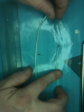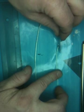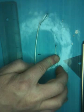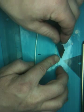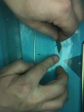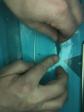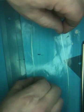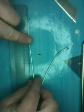I used a razor blade and I cut it on a very sharp angle because you're looking for a really nice taper here. So I'm going to make sure that my taper is really good by flattening it out a bit and just taking some of those hairs off. I've got a very good taper there. Okay, next thing I did,